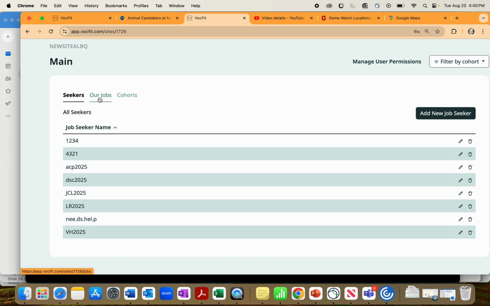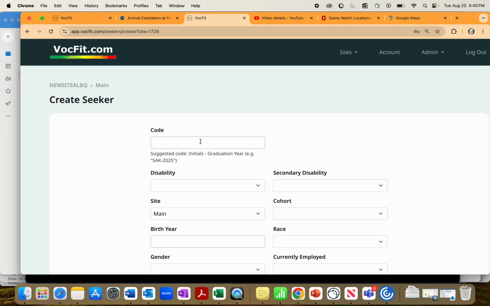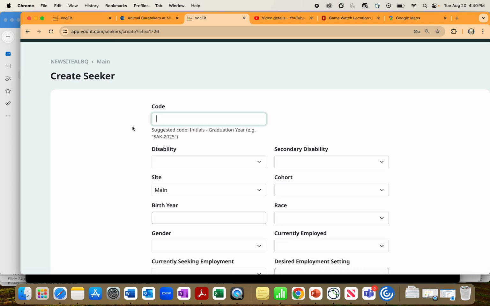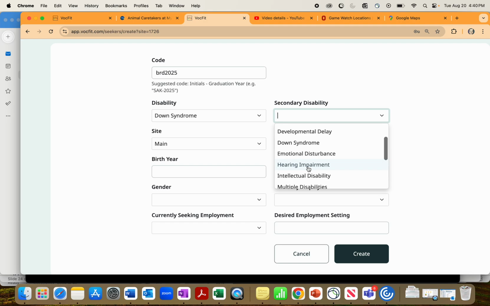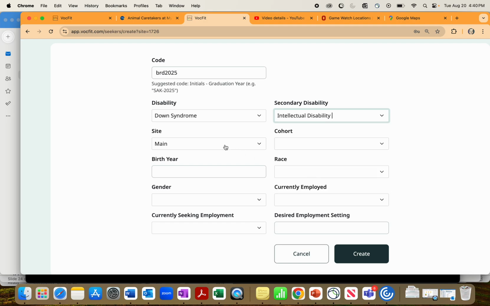If we want to add a new job seeker, we're just going to click on add a new job seeker. We can't use more than 3 letters in a row. So we are going to say BRD 2025. So initials and then graduation year. We're still asking for their diagnosis. We did add Down syndrome this year as a potential, and then secondary diagnosis if you'd like. Don't go fishing. So if it's not on their IEP or on that data, just come as close as you can to do that. We can put them in a cohort, then birth year,